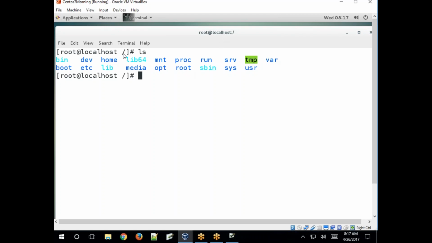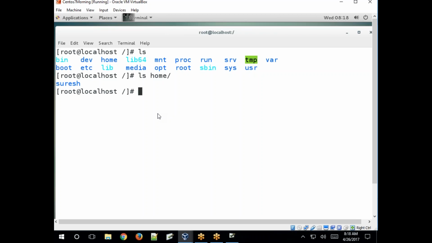So this is the top level directory. Forward slash is the top level directory. Under the top level directory, these directories are created in an organized way. When you create a new user, that user's information will be stored under /home. See, ls home. The Suresh user account is created and the Suresh home directory is created under this.